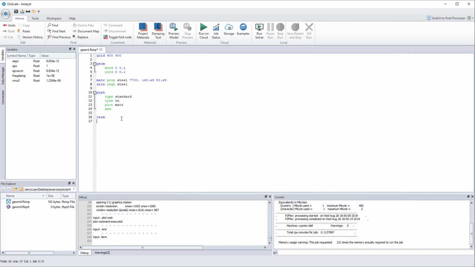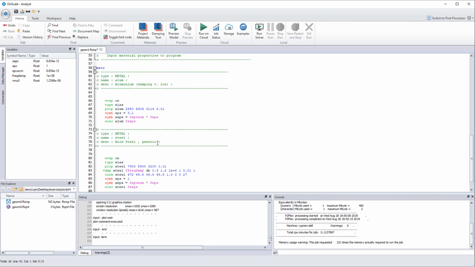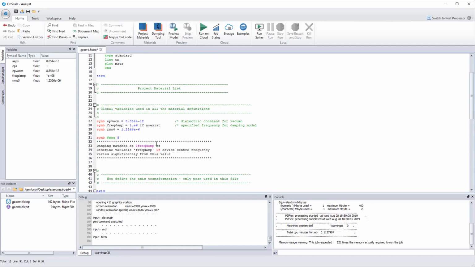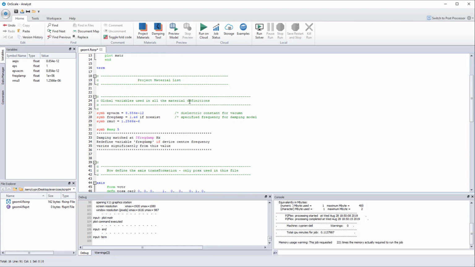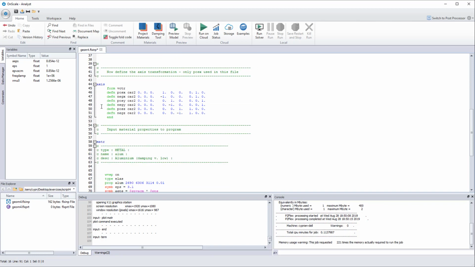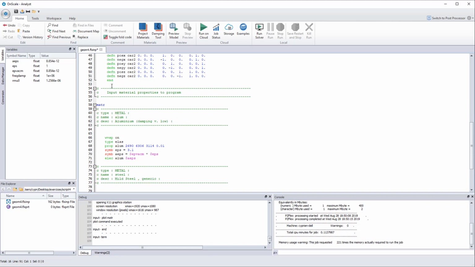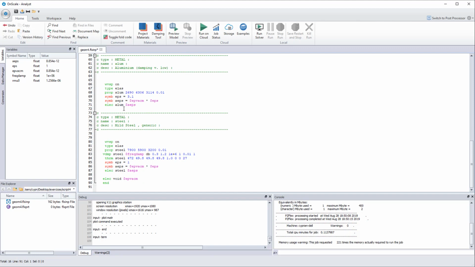and then if I paste that using my keyboard, Control V, you see what appears is the whole definition of my material. It's much longer than the one line that I had, but it's basically more or less the same. It defines some global variables used for the material, like the dielectric constant of vacuum. Then it defines a system of coordinate axes that will be useful if you want to change the orientation of your material. And then basically here you have your metal,